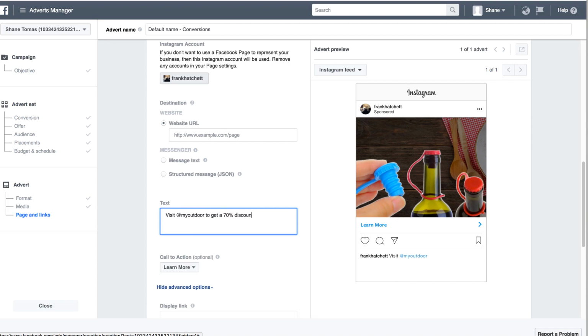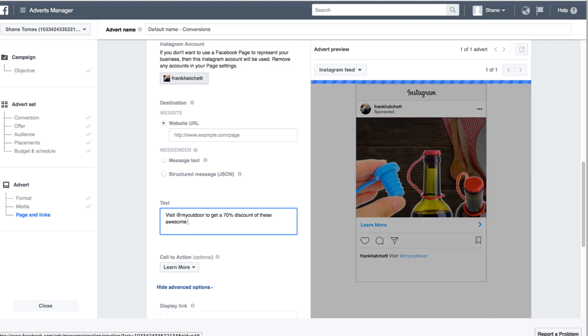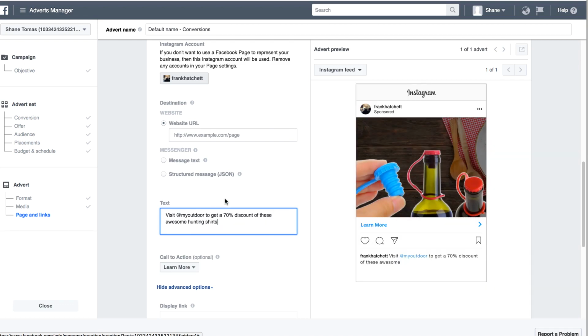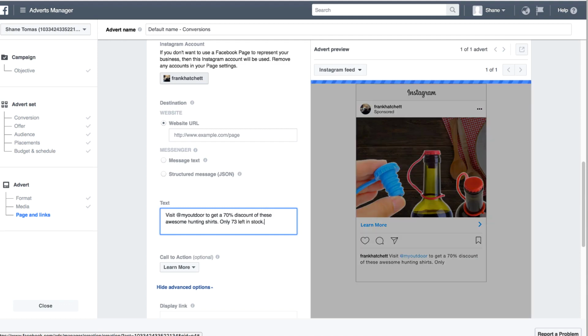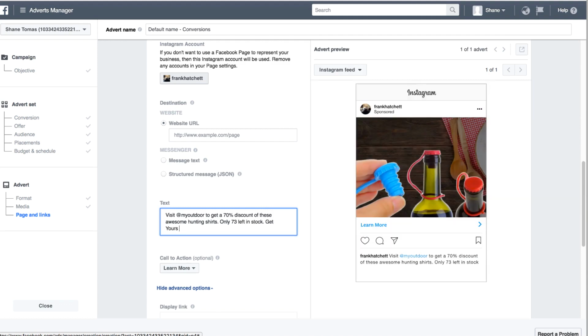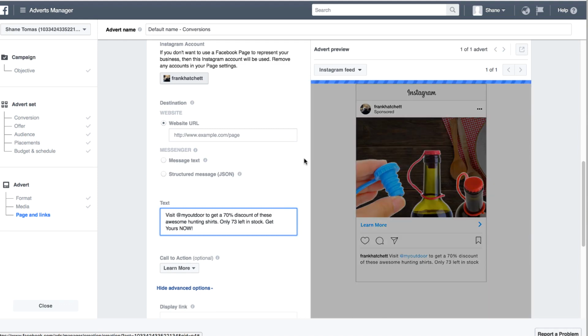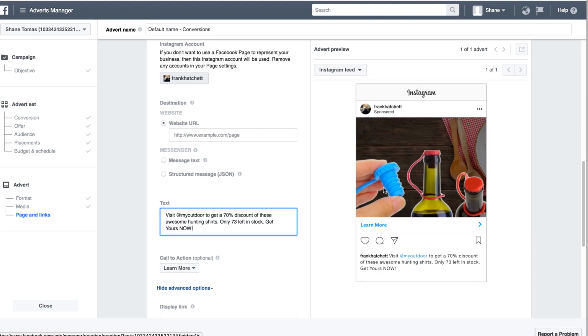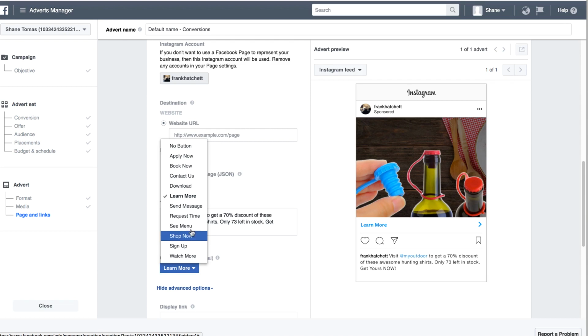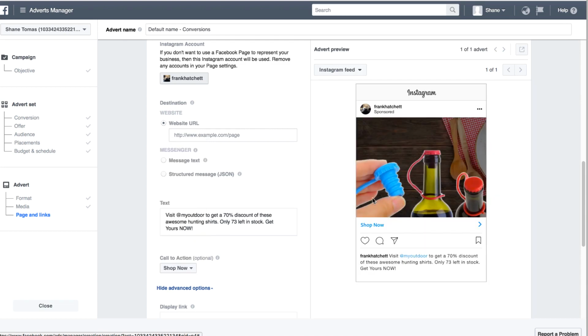70% discount on these awesome hunting shirts, right? Only 73 left in stock. Get yours now. Right? This is just something I quickly whipped up. And it's nice and clean, nice and different, completely different layout to Facebook. And that's exactly why I do my adverts separately